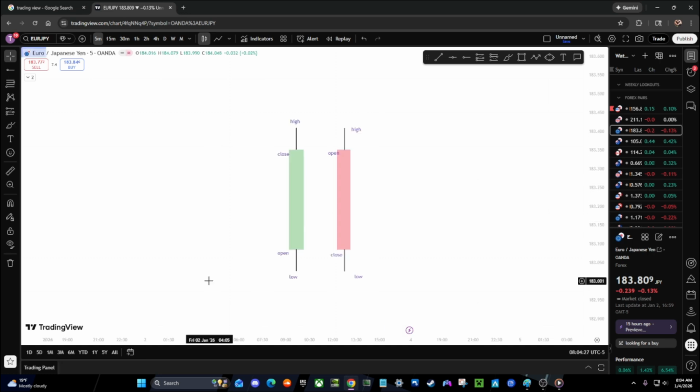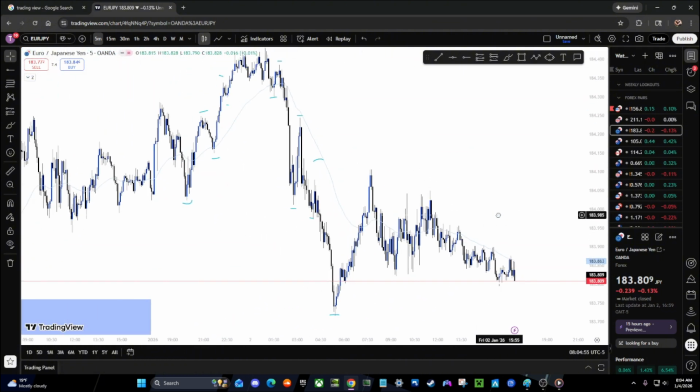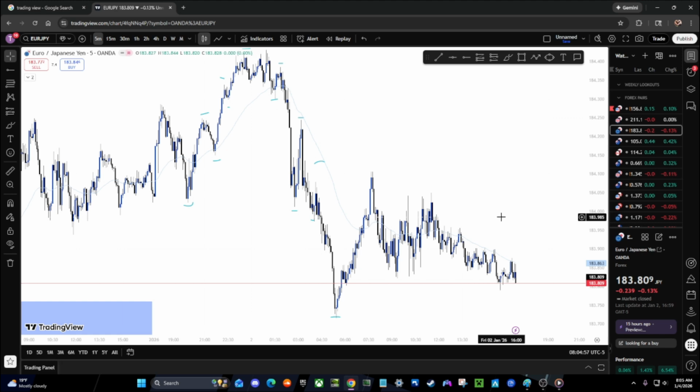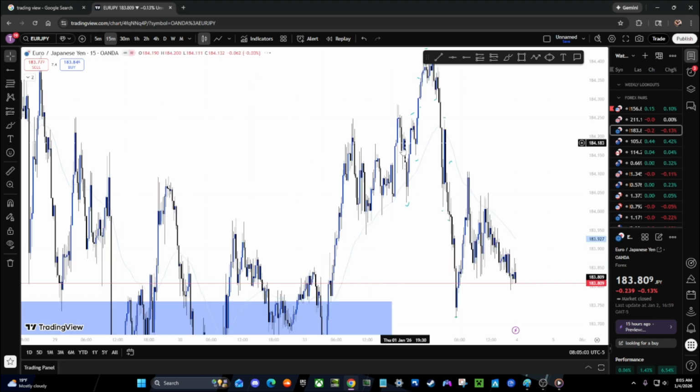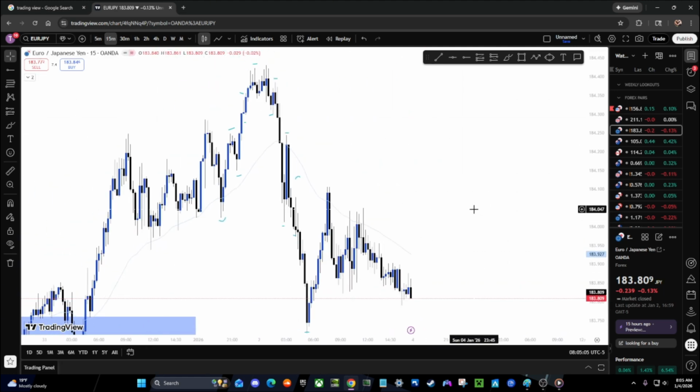Alright. Now what else exactly can we get from looking at the candlesticks? We have time frames, right? I used the analogy earlier that in a 5-minute time frame, one candlestick is where price went after 5 minutes. It could be a day, a week, a month from there. While you're looking at the charts, you're going to go through the different time frames that you see on here. For each candlestick that you see, that is 5 minutes. We move up to 15 minutes, and now you're going to see that it kind of goes into